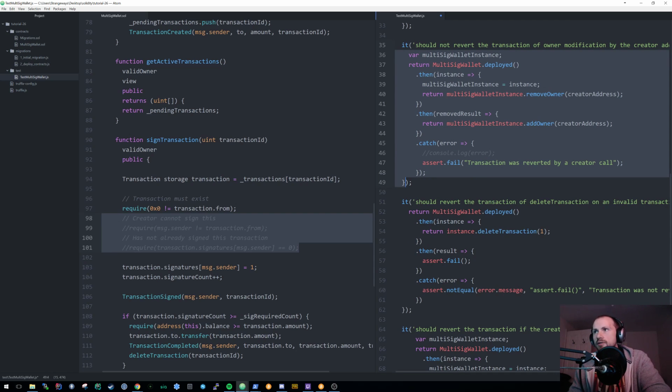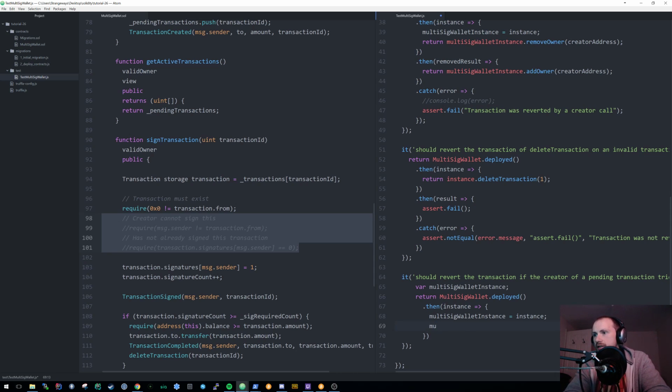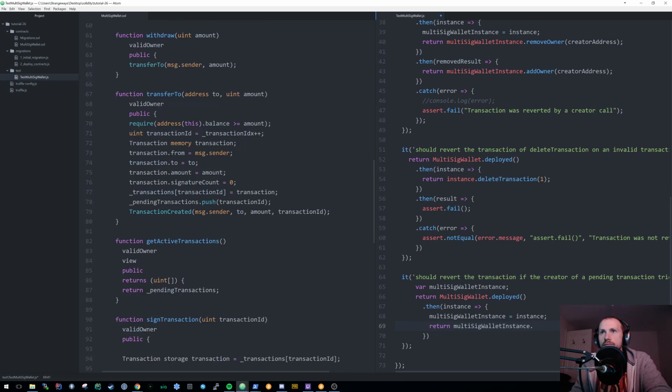Any call to it outside of that function would return an undefined variable. So we've defined that. Now the first thing we actually want to do is say the multi-sig wallet instance dot, and now we want to create a transaction. So we want to withdraw an amount of, let's just say, 100 wei, and then we simply want to state that